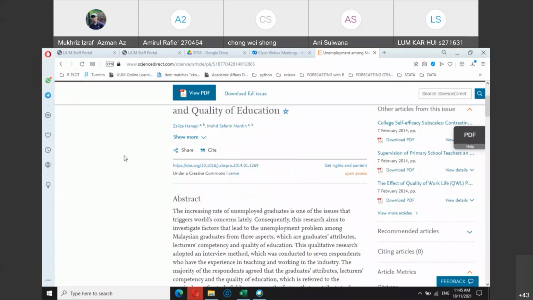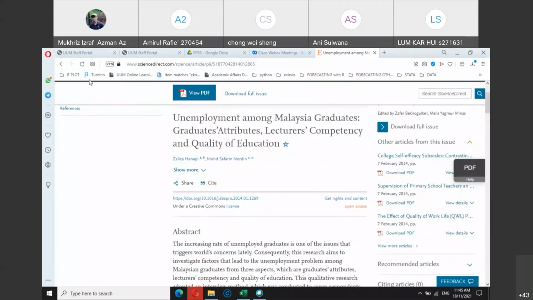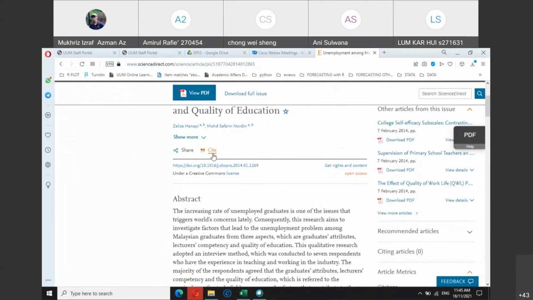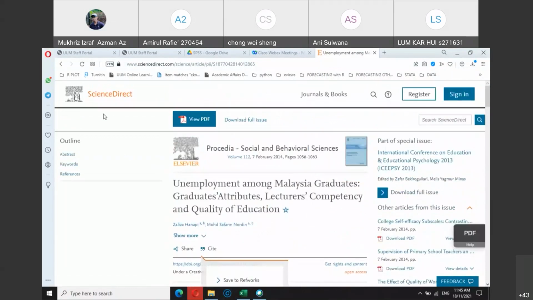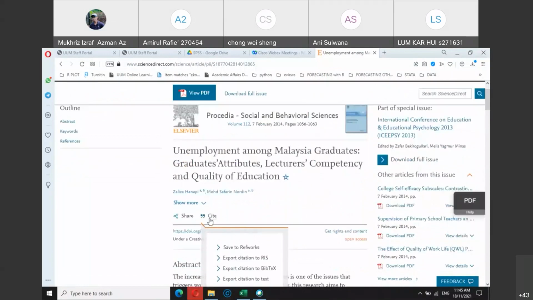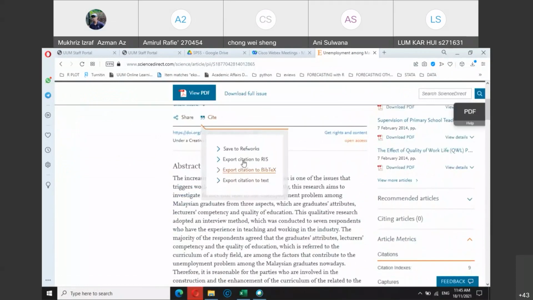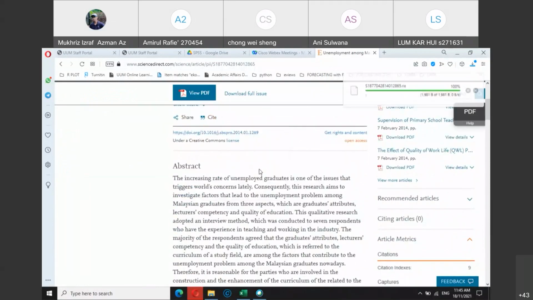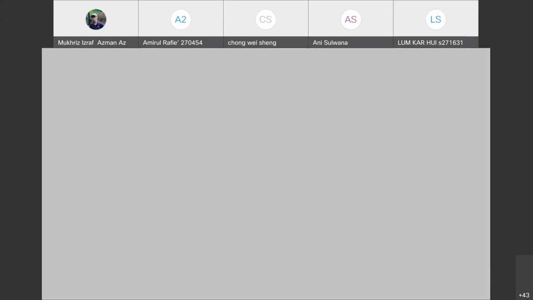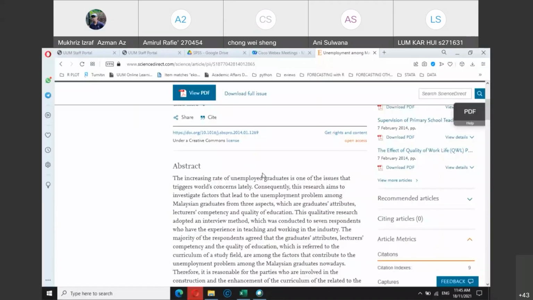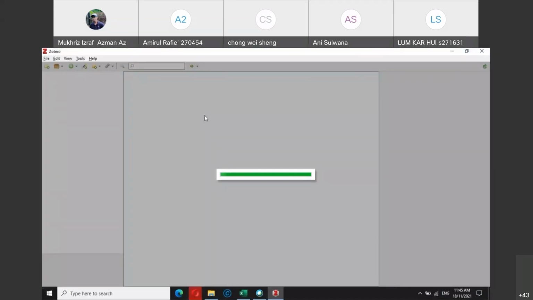The format that we use is either the RIS format or the EndNote format. So if you take an article from Science Direct, for example, you click on the cite option here, and then you choose the RIS format. You click, and your computer will download the file, which you can then import using Zotero. You can double click on the file and it will open your Zotero program and import it directly into